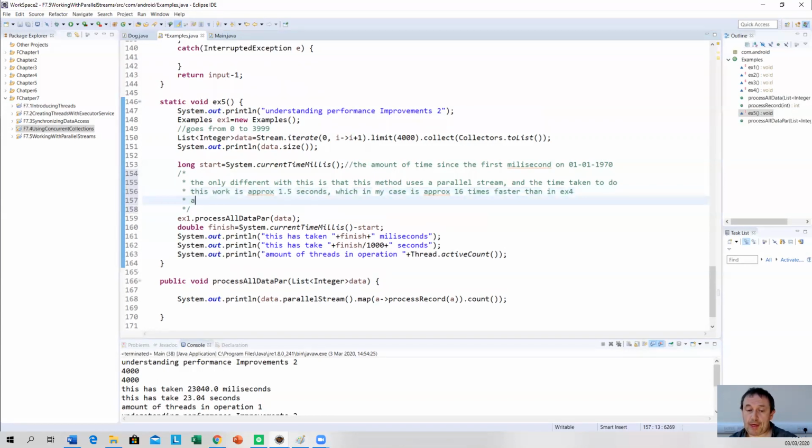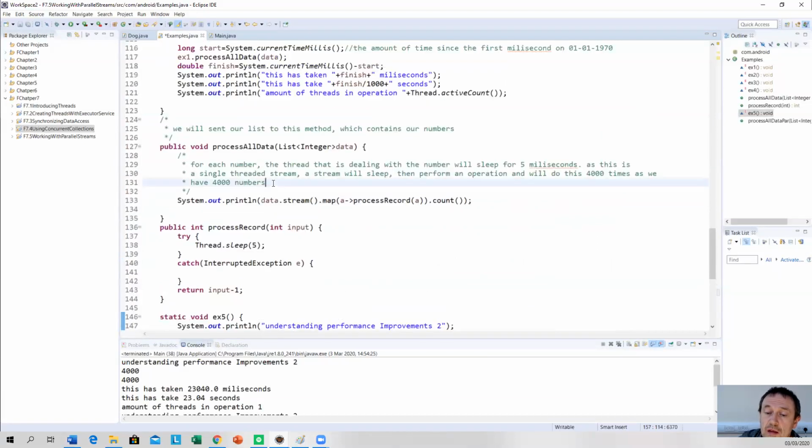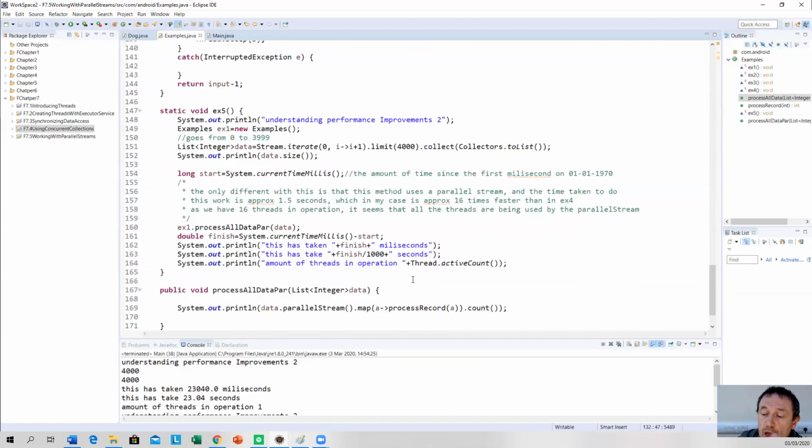Okay, now as we have 16 threads in operation, it seems that all the threads are being used by parallel stream. Okay, that takes 1.5 seconds. This one for me takes approximately 23 seconds. Okay, so,